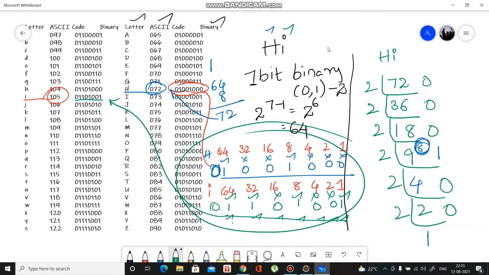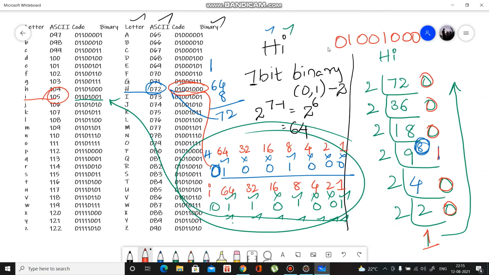Now the answer should go like this from down to up: 1 0 0 1 0 0 0. Initially it will be 0. See, it's matching. Just check it out. And this is for h.